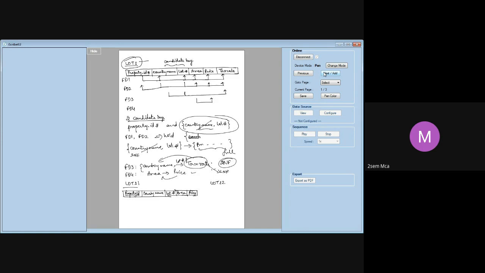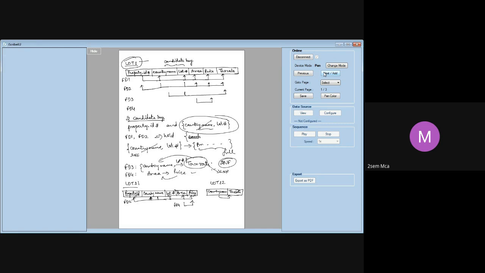So what will I do? I will take this country name and tax rate as a separate table. Country name and tax rate. This one determines all of these. FD2, no? These two will determine the rest. That is, country name and lot number will determine the property ID and other things. So that FD is also retained. FD4, area determines price, is not a violation. So I will retain FD4 also. FD1 will always hold.